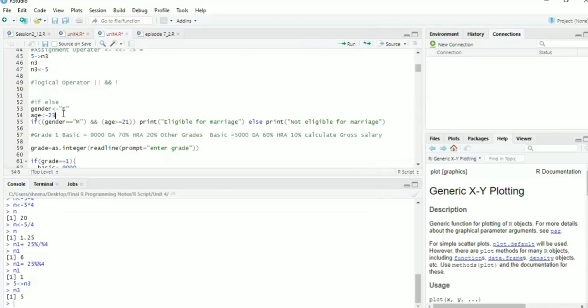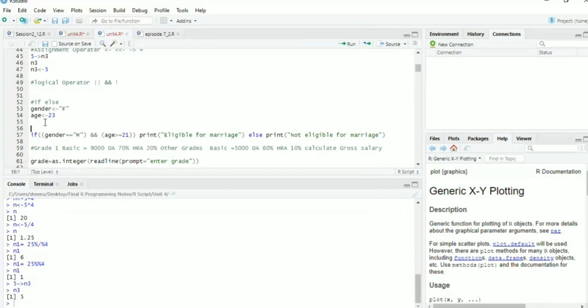For example, here I have created an if, where I want to check if the age is greater than 18. If the age is greater than 18, I want to print "eligible for voting".